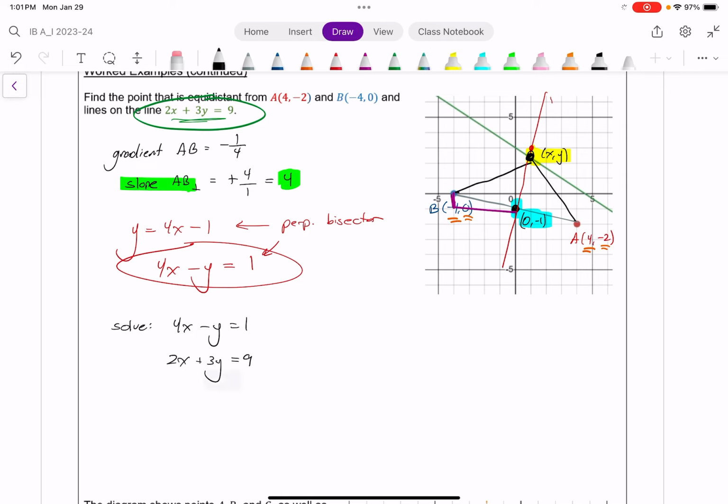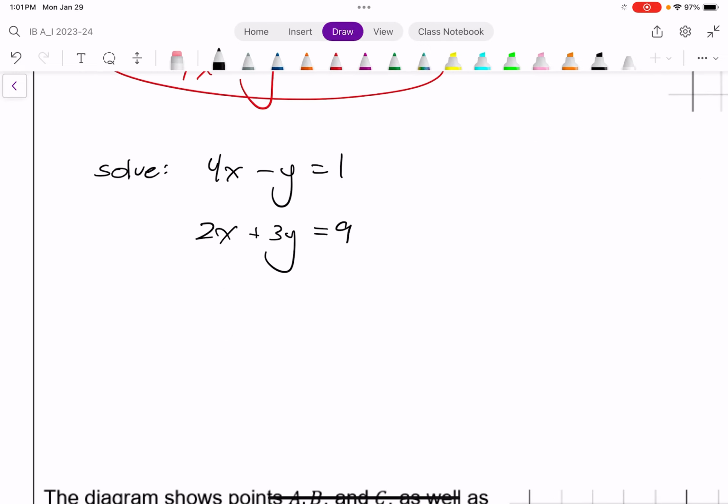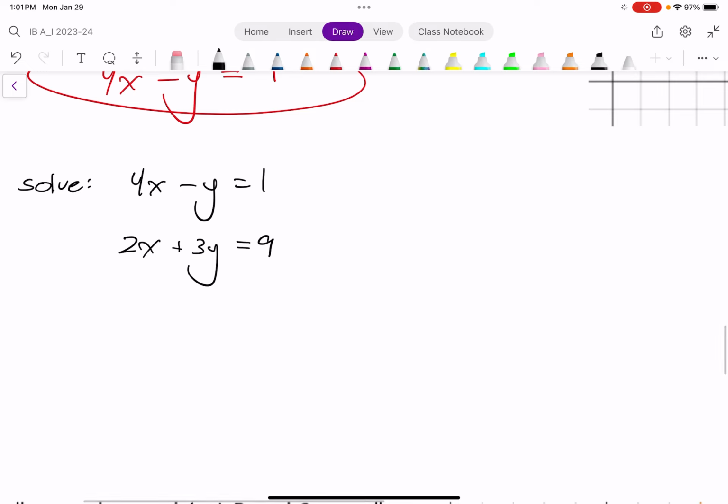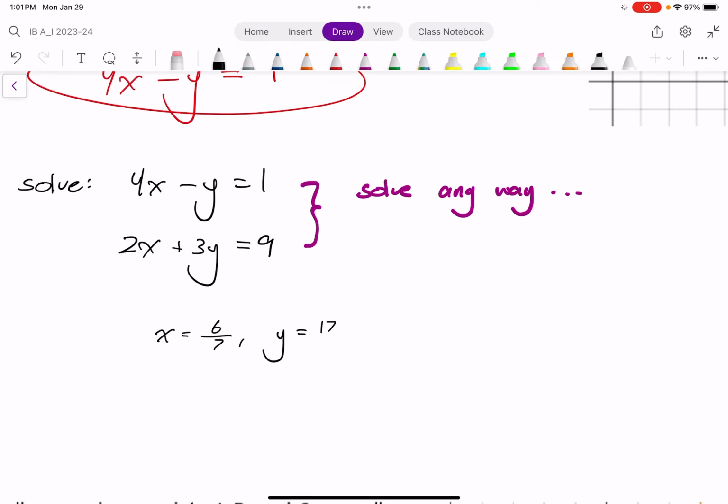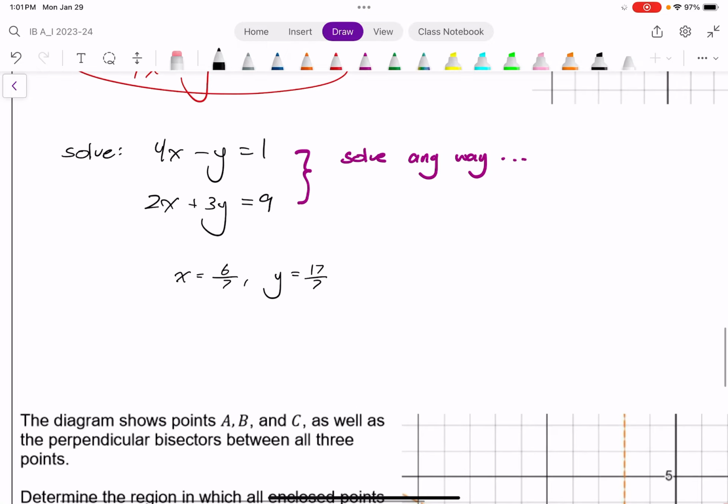Keep in mind, this is a pretty nice system to solve algebraically as well. For example, if I multiply my first equation by 3, I can use elimination to cancel out the y's. Either way, I don't really care. The fastest is probably still to use your GDC. So I'm going to say solve any way you want. And you should really quickly get to x equaling 6/7 and y equaling 17/7, or the point